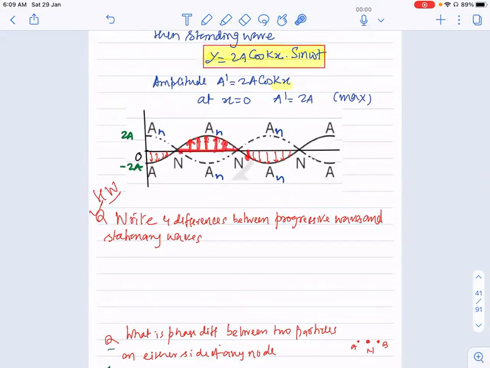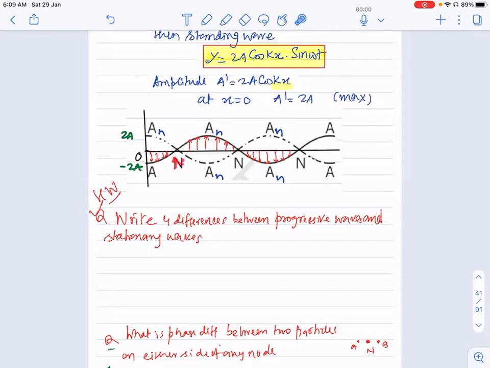If these are going up, then those will be going down. It means 2 particles on either side of the node will be out of phase by 180 degrees. When this goes up, that goes down. So the phase difference between the 2 particles on either side of a node is 180 degrees,